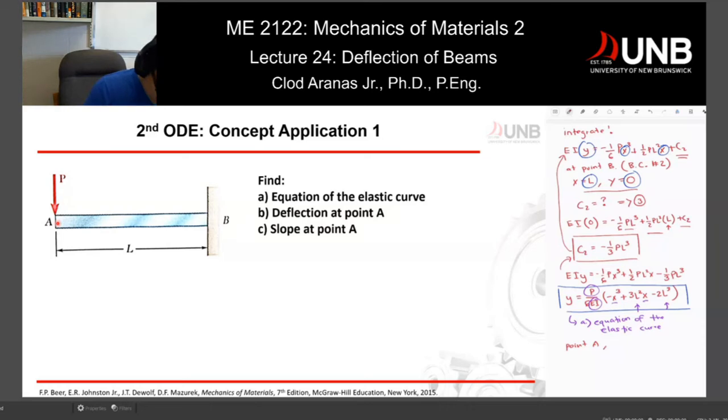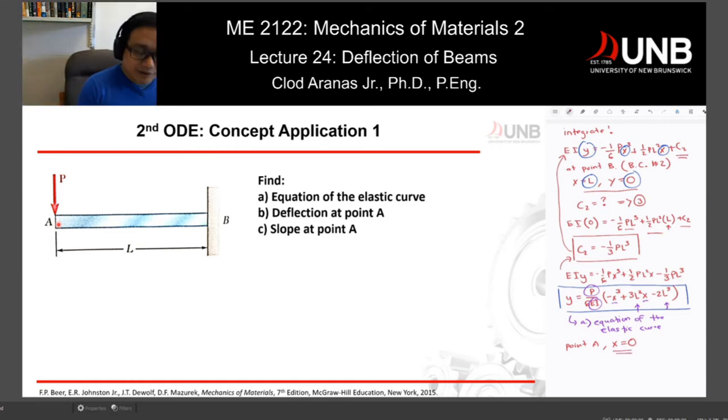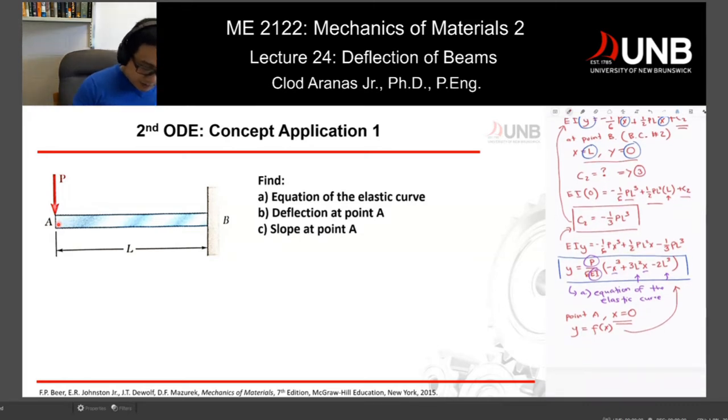So at point A, we know that x is equal to 0. That's our reference axis. Again, the most important thing whenever you solve this type of problem is where your 0 point is. In our case, we assume it's at point A right here. Now, knowing that x is equal to 0 and using y as a function of x, which is the equation on top, I can substitute x equal to 0 and solve the problem, which in this particular case, if I substitute the numbers,